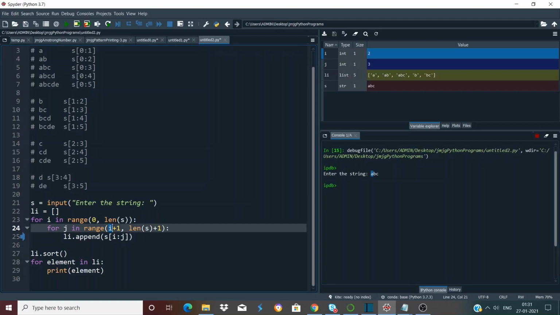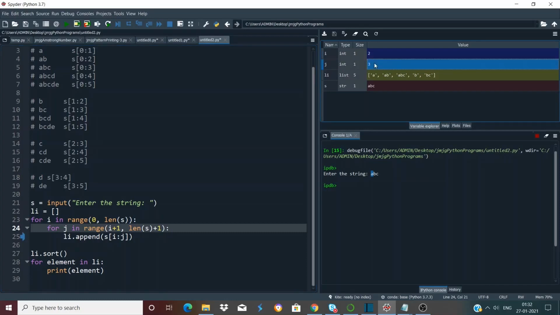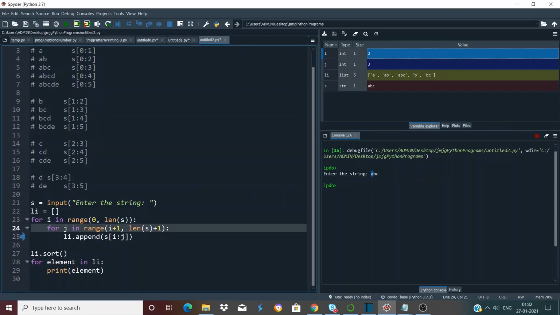So the current value of i is 2. It gives us range(3, 4), so it will contain only one element, that is 3. The current value of j is 3 and the current value of i is 2. So S2:3 gives us C, right?